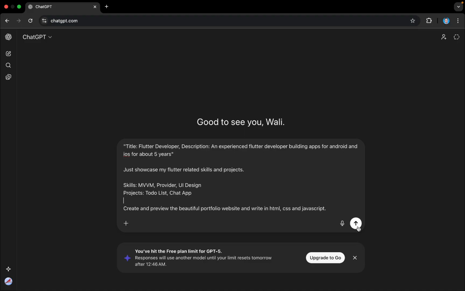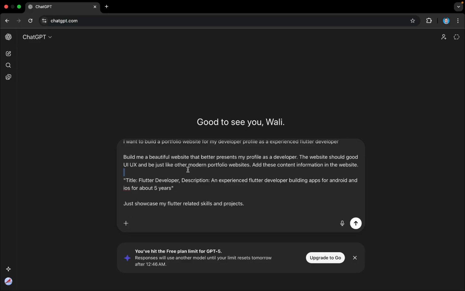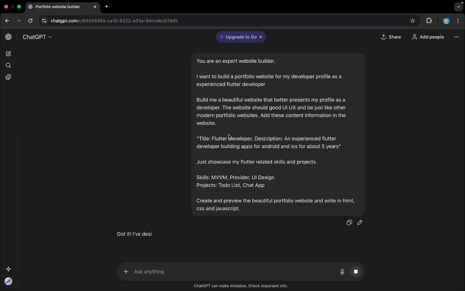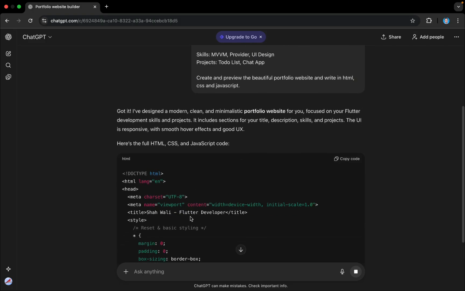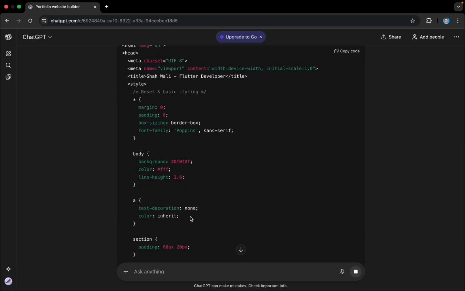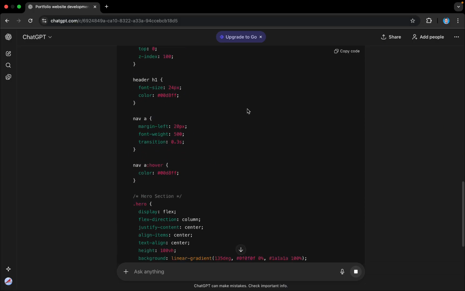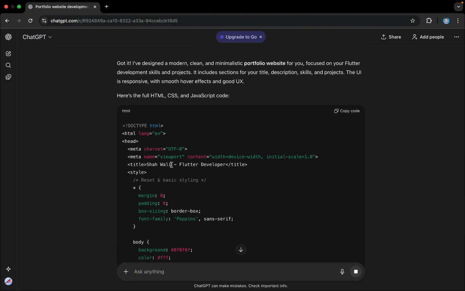So let's hit this. One thing to add here, like other modern. Okay, I think that's enough. Now if I hit enter, let's see what it gives us this time. And it will give us this code, and let's see this time if it gives us a better version of the desired output or not. But I think it will be better this time, because you can see here it has added some title Flutter